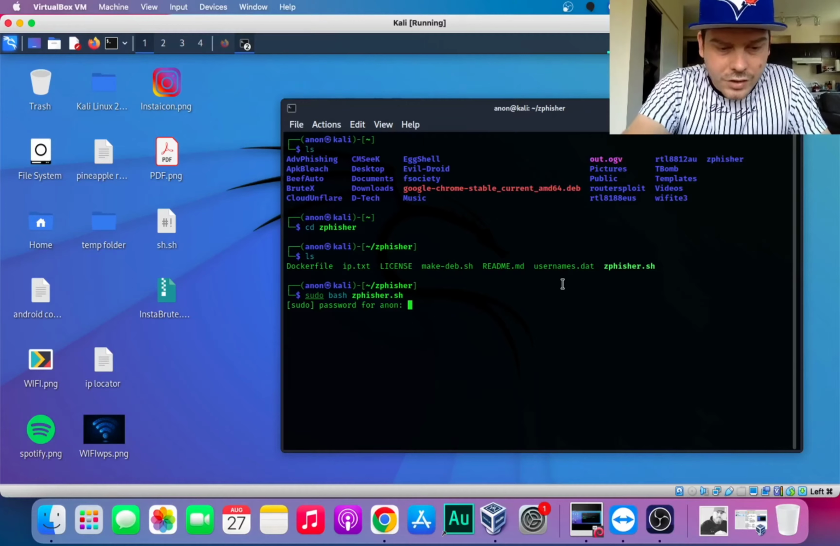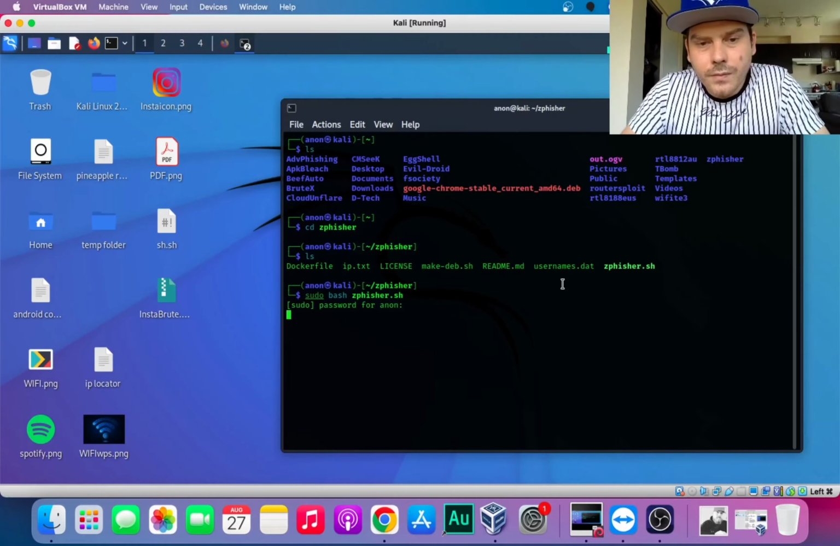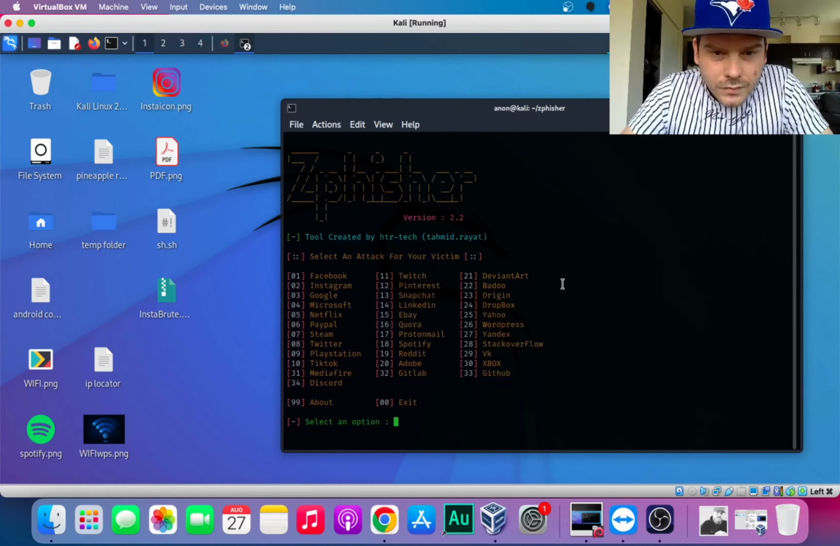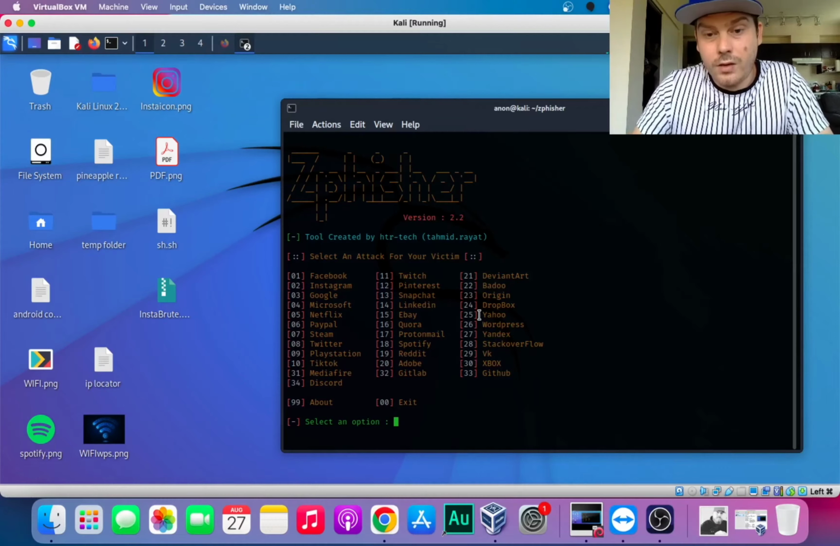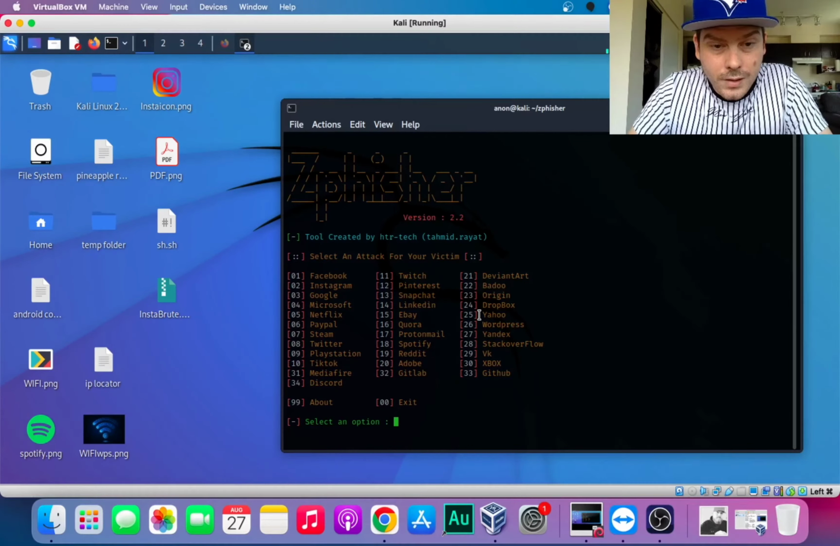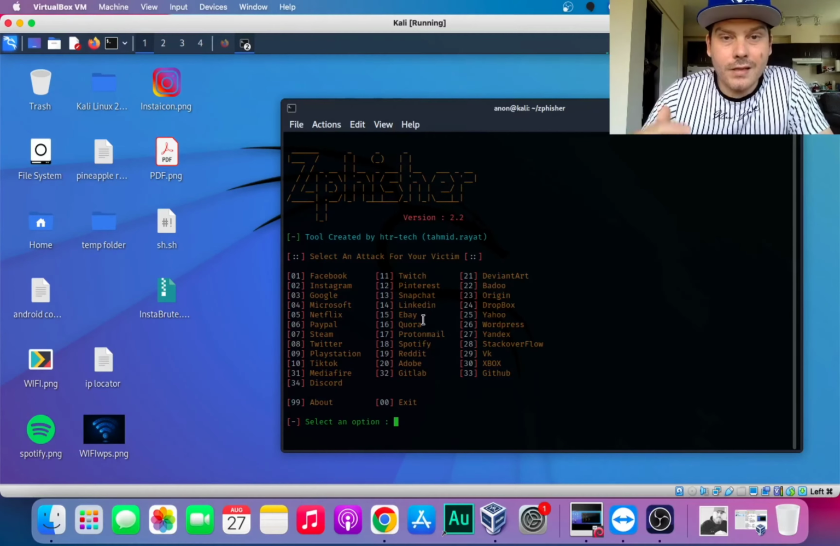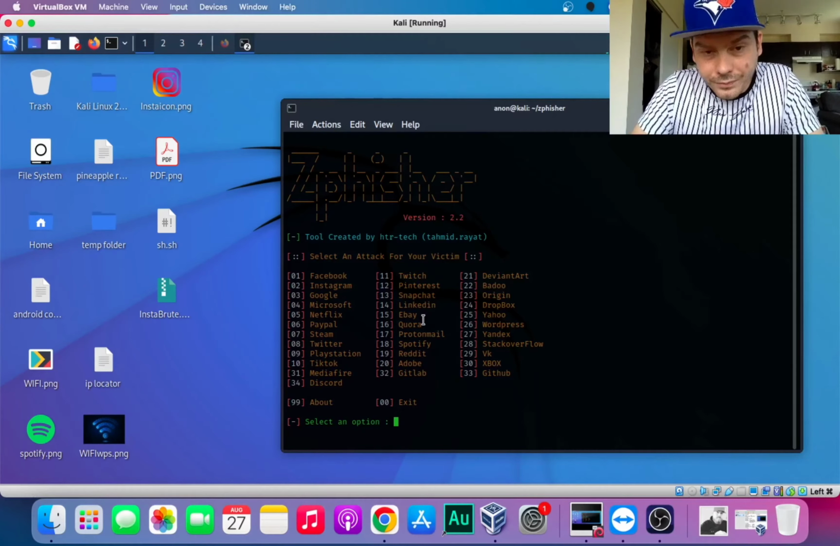Starting it with Bash. So here's the whole selection. There's a bunch of them: Facebook, Instagram, Google, Microsoft, Netflix, PayPal, Twitter, PlayStation, TikTok. You know what I mean? So these are all fake phishing logins, and they are identical to the original normal ones. So in this demonstration, I'm going to be doing Instagram,